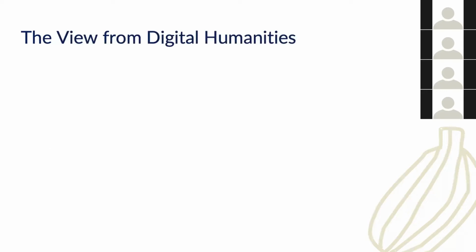Because while we might only see problems from a very particular perspective, we might say, oh, there's not enough text data in this particular language. I can't get very good results because I don't have enough data. The view from the humanities is usually quite different, and I can attest to this myself. For one thing, we often hear from humanities scholars